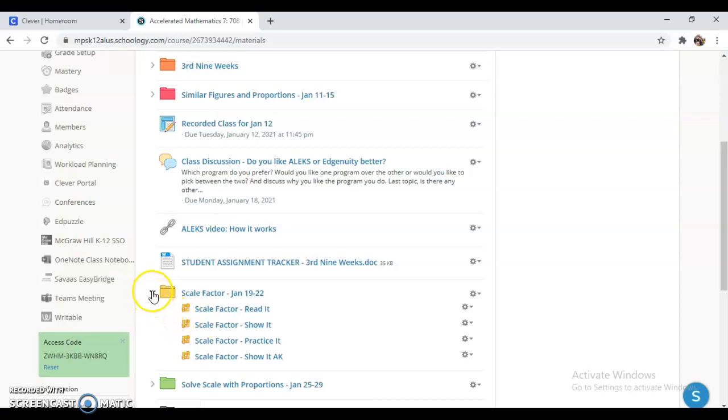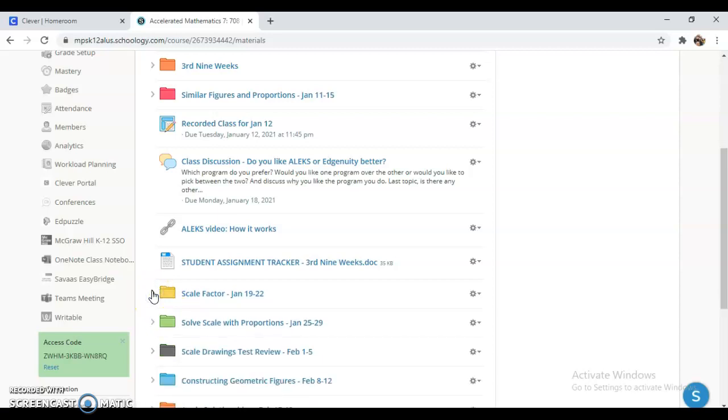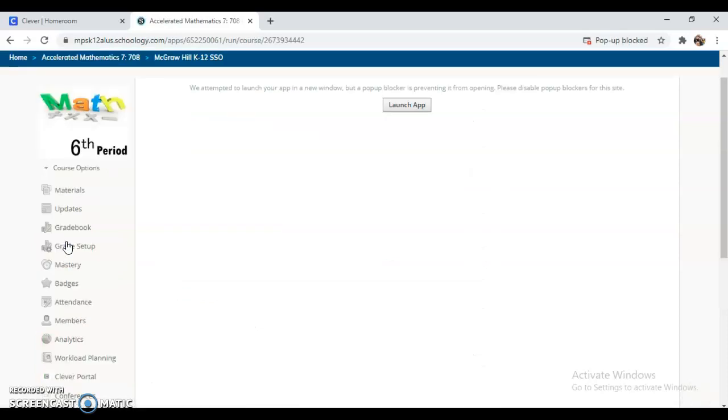Also, everybody, whether you like Edgenuity better or ALEKS better, everybody was told to go to ALEKS and take the knowledge test. It's like a pre-test, but it's just an introduction to ALEKS. Well, how do you get to ALEKS? Over here on your left-hand side, you're going to click right here on McGraw-Hill, and when you click there, it's going to take you to your launch,